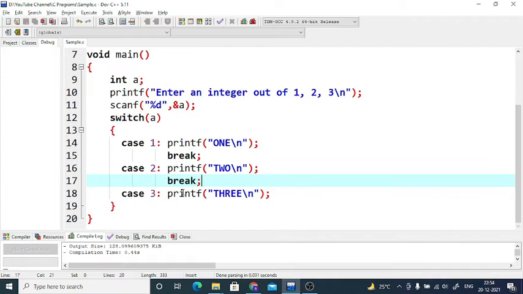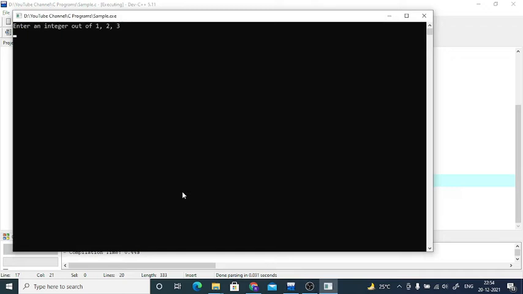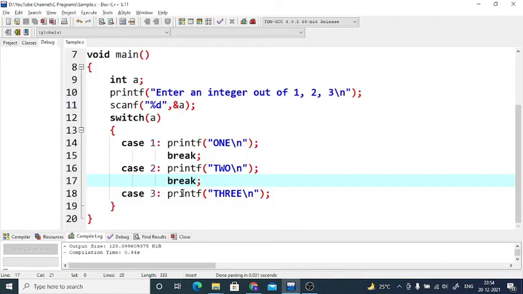Now the problem that I was talking about is if at all I miss the required input. If I put any other input, it prints nothing and it comes out. It prints nothing for a very simple reason that it doesn't match with any of the labels. But in such a case, it'll be good to display a message which is explaining the error.